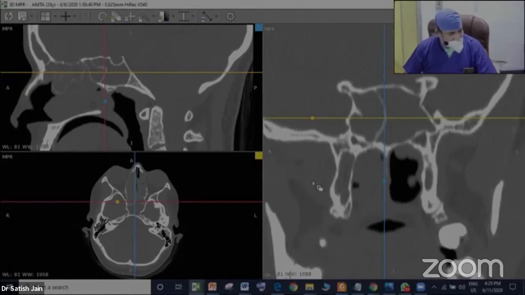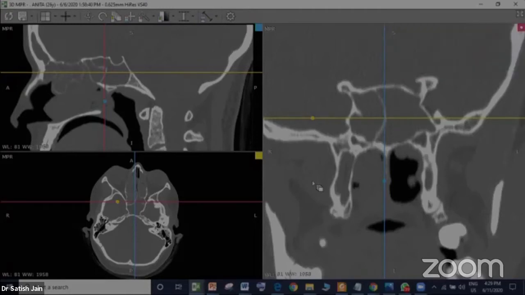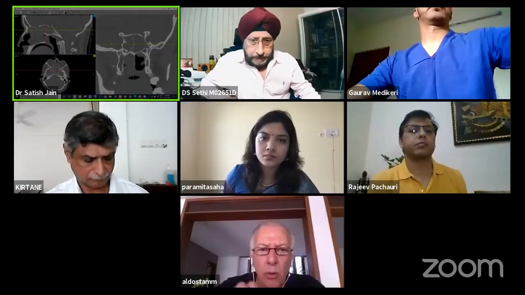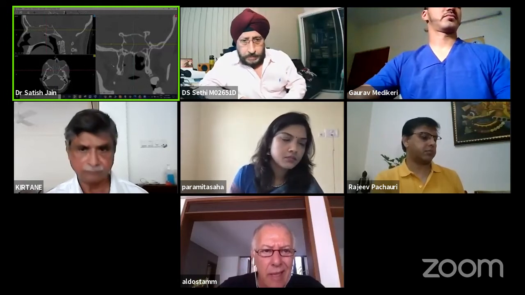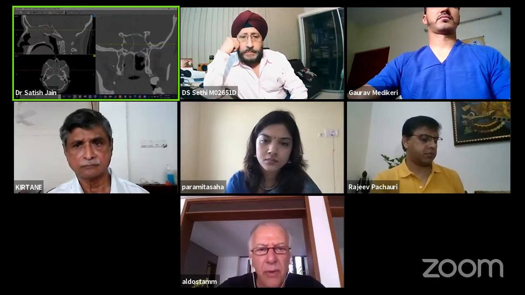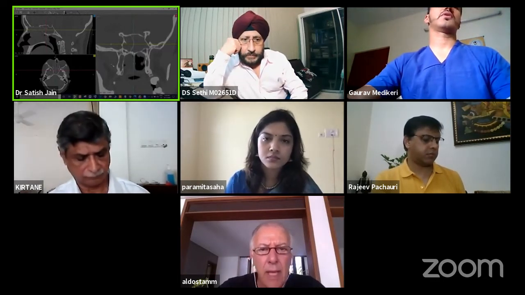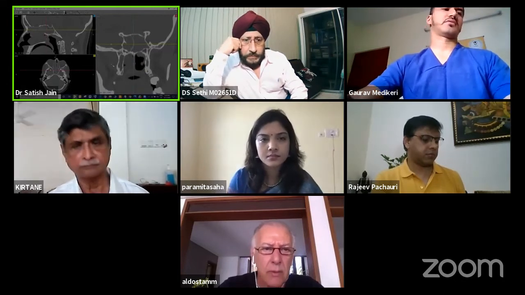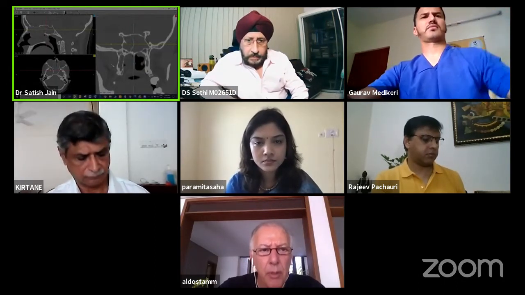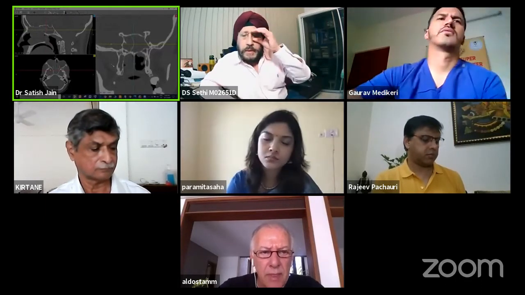For me, one of the most important prognostic factors, especially in frontal recess surgery in the frontal sinus, is when you look at the sagittal plane, look at the IP diameter. If you have a good IP diameter, I think it is a very good prognostic. If the IP diameter is very narrow, it's very difficult to operate the frontal recess in the frontal sinus. If you look at this patient, for example, the IP diameter has a good size, so probably you have a very good chance of a good operation into the frontal recess and frontal sinus, of course.